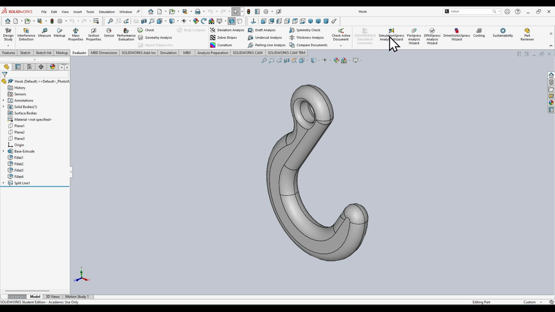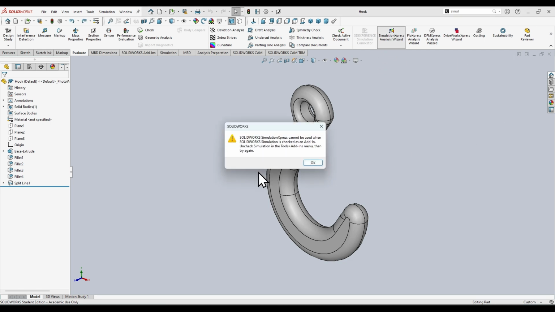Come on, SOLIDWORKS, what are you doing? I made it mad. There we go. So right here, you see I got this error message where it was blocking you. So if you got this same error message right here,